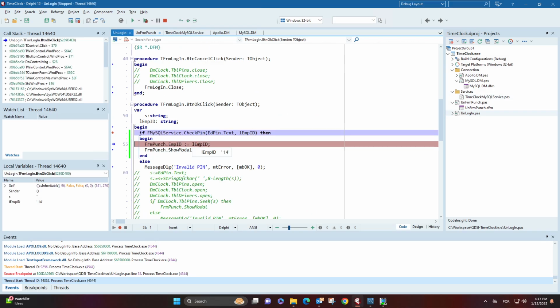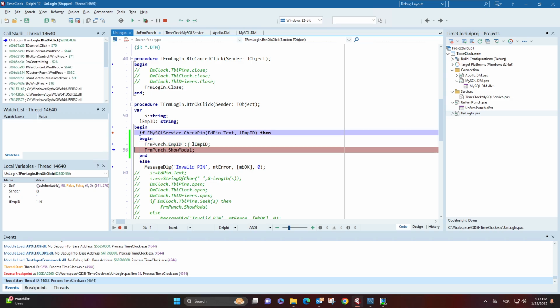Alright, right now before showing our FRM punch, we know which employee we want to show the data. We want to show the data for employee 14. Alright, F8, F7,